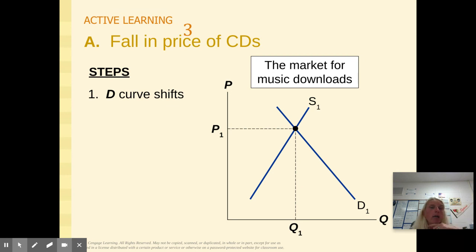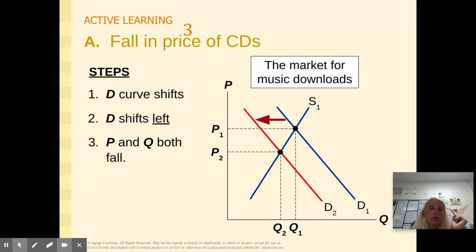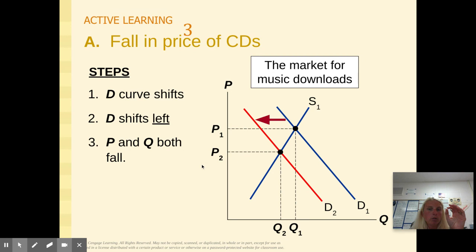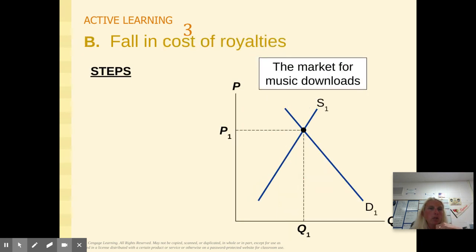Step one. Now we have to decide what happens to the demand for music downloads. If we see the price of CDs fall and it's a substitute, we know we would rather buy CDs than music downloads since they're cheaper. So our demand for music downloads decreases or shifts to the left. Part three, we look at the price and quantity and what happens. They both fall. You can see that they both went from 1 to 2. That's a decrease. Price 1 to 2. That's a decrease. All right. Let's look at